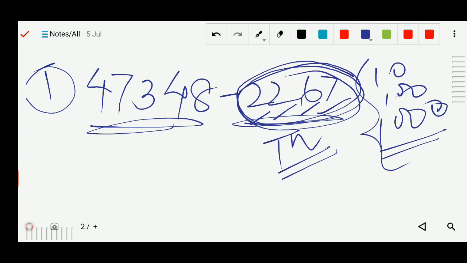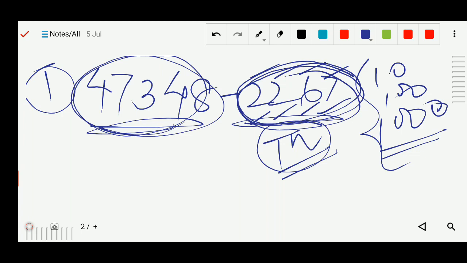You have to check the smaller number and find out the maximum place value in that smaller number, and then up to that you have to round up both the numbers, which means ones, tens, 100, 1000. So here the place value is 1000. So it means here also we have to round up to the nearest 1000. So ones, tens, 100, 1000, put the arrow here. Ones, tens, 100, 1000, put the arrow here.